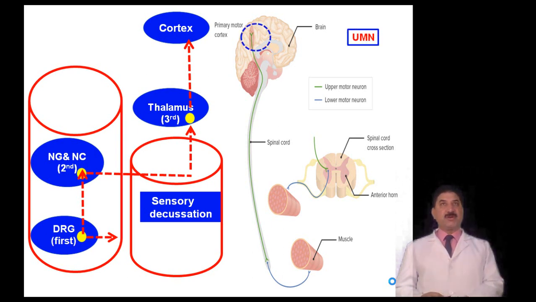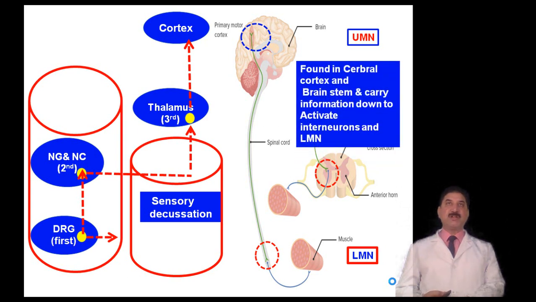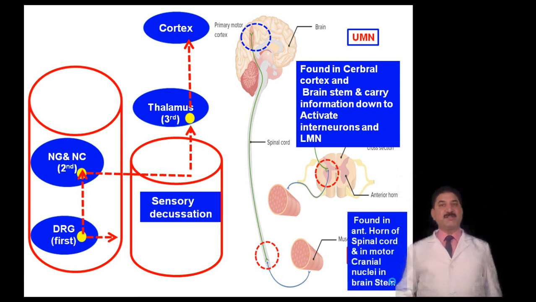In contrast, upper motor neurons located in the cerebral cortex and brainstem give origin to the motor fibers. These fibers, after passing through the brainstem and spinal cord, relay in anterior horn cells. Descending tract does not contain first, second, and third order neurons. Here we have upper motor neurons and lower motor neurons. Upper motor neurons are found in the cerebral cortex and brainstem. They carry information down to activate interneurons and lower motor neurons. In contrast, lower motor neurons are found in anterior horn cells of the spinal cord and in motor cranial nerve